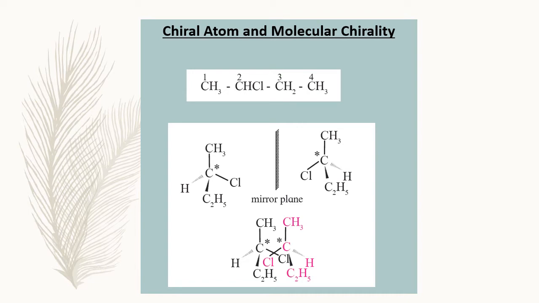Thus, isomers having the same structural formula are called stereoisomers. The relationship between a chiral molecule and its mirror image is similar to the relationship between left and right hand, and therefore it is called handedness or chirality. The stereoisomerism in which the isomers have different spatial arrangement of groups or atoms around a chiral atom is called optical isomerism.